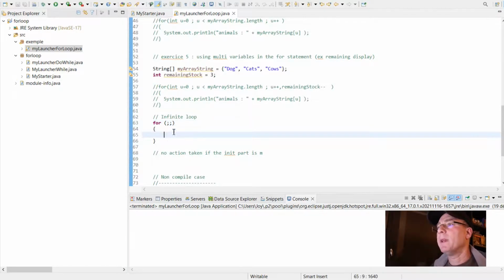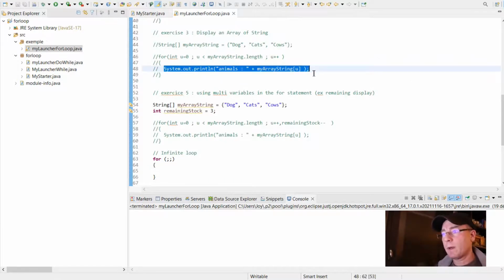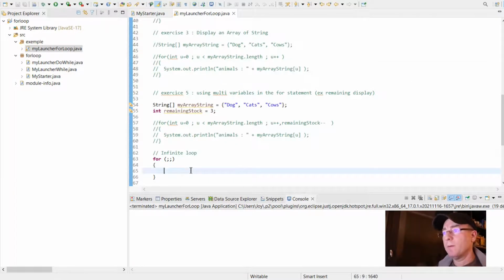You can see, maybe I can display. I will show you.